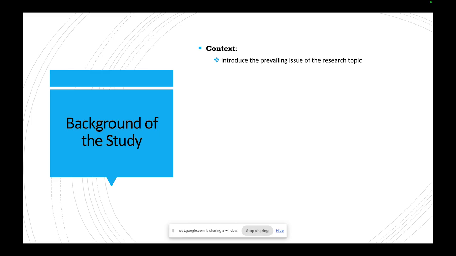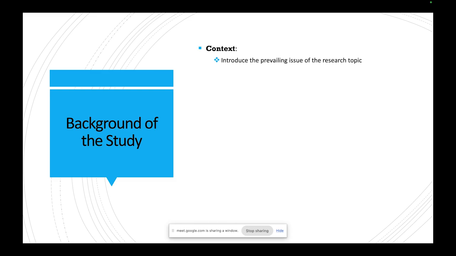So when you are looking at that topic, first of all, you need to know what is the main issue you are trying to solve or bring on board. What is the main issue? In my PowerPoint, I've termed it: what is the prevailing issue in that research topic. That issue in that research topic will help you to know how to drive your points down. So if you don't know